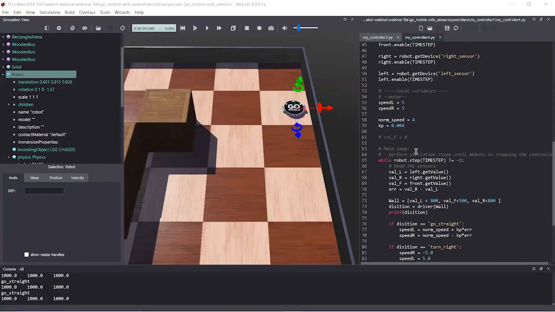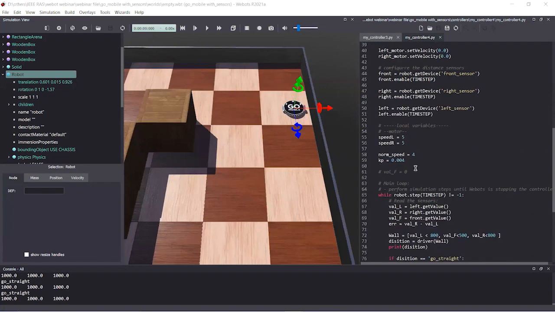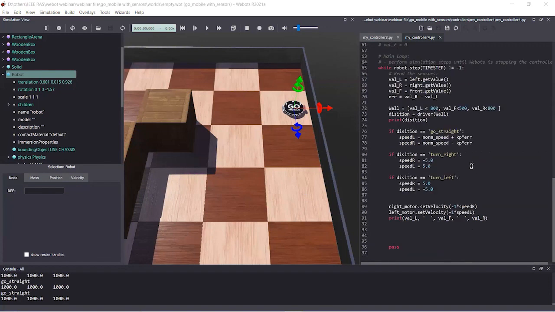I can't see it. Still? Let's start. Can you see now? Yeah, we can see the screen. Okay.